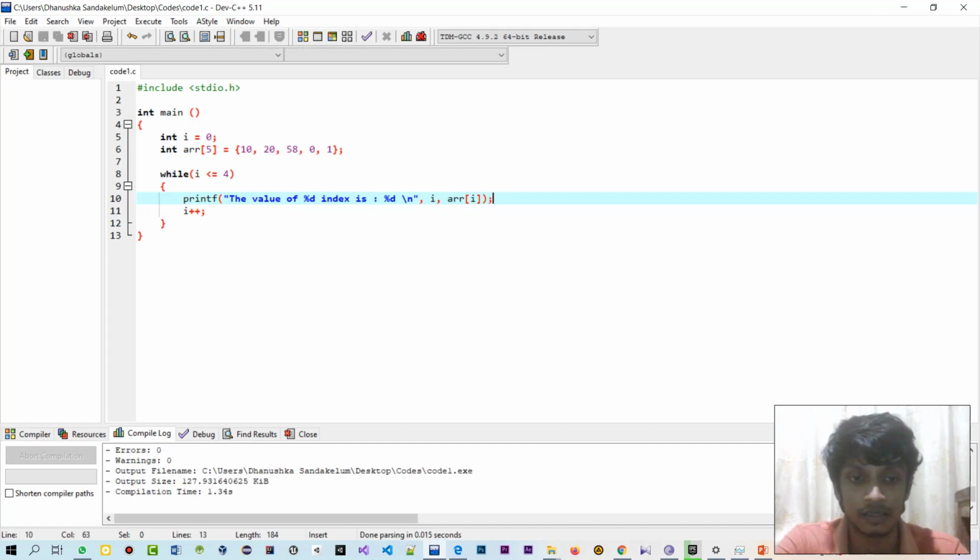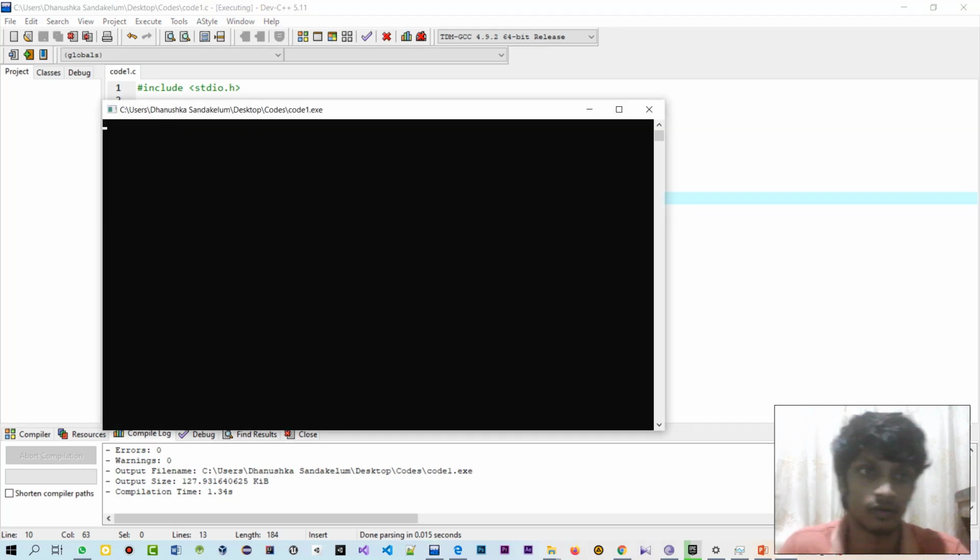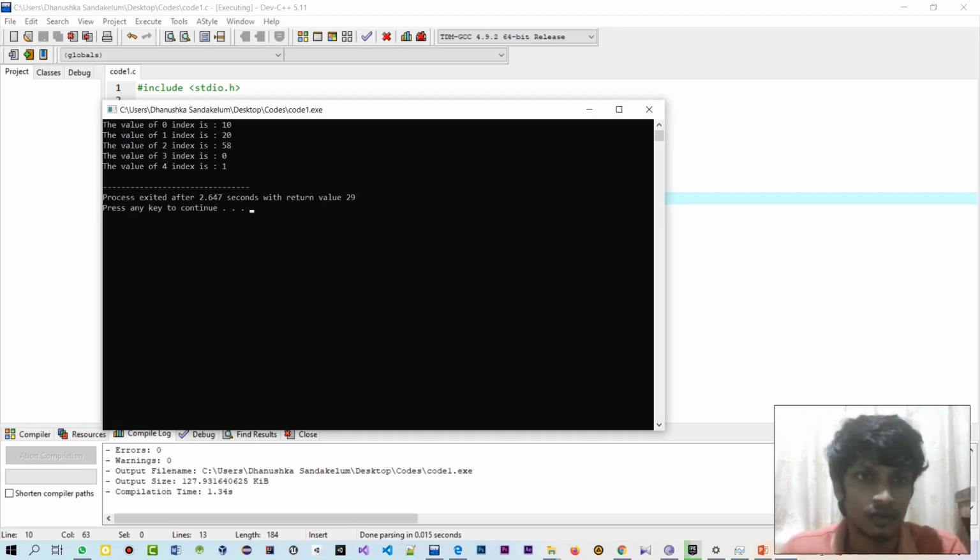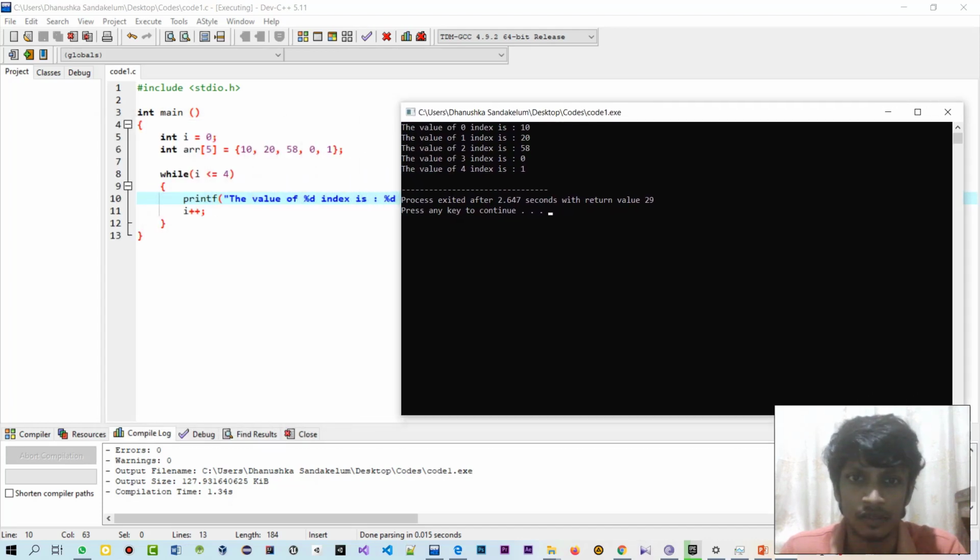First I compile, there are no errors, and F10, the code is running now. Okay, so this is the output. The value of 0th index is 10. The value of first index is 20. The value of second index is 58. Third is 0, fourth is 1.